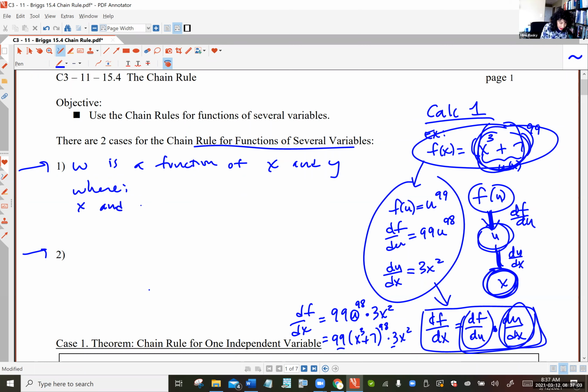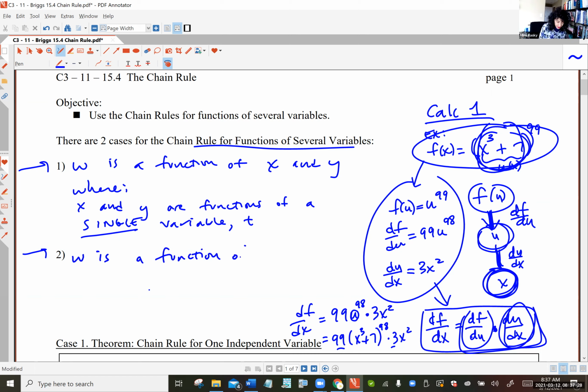x and y are functions of a single, this is the key here, single variable, and we'll just call that variable t. It could be some other letter, but we'll just use t. That's very common. The second case we're going to look at today is you still have w as a function of x and y,